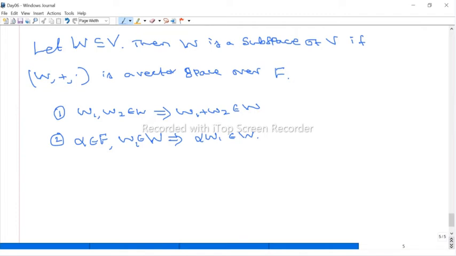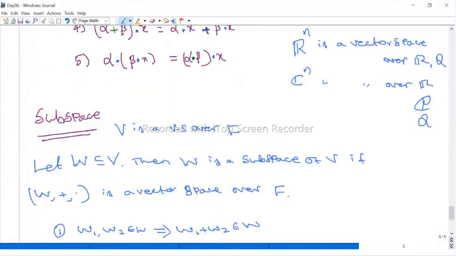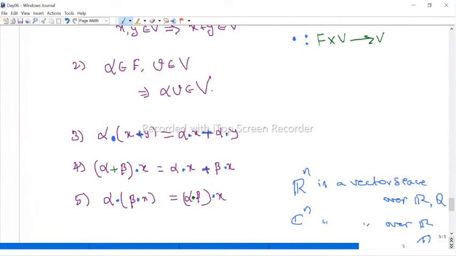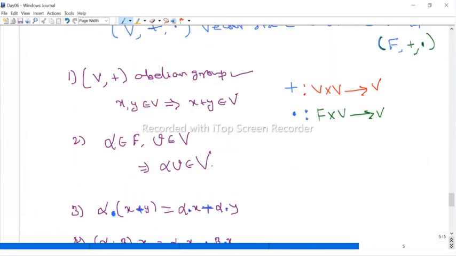Sir, generally what is a vector space, sir? It means it's only a group, sir? No, the first condition is that it should be a group with respect to addition. A set with respect to addition first forms a group, an abelian group. And then there is a relation between that and the field elements, so properties 2, 3, 4, 5 are satisfied. So first, with respect to addition, they form a group. That is the first condition.